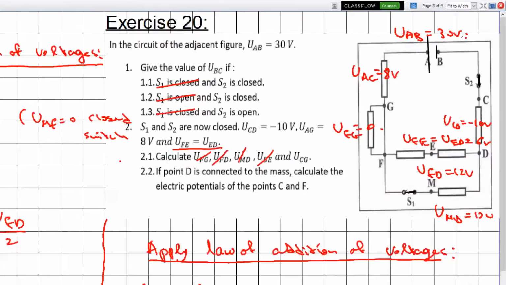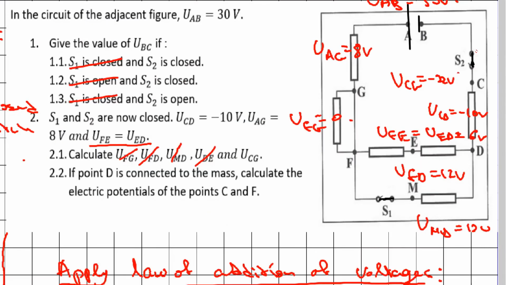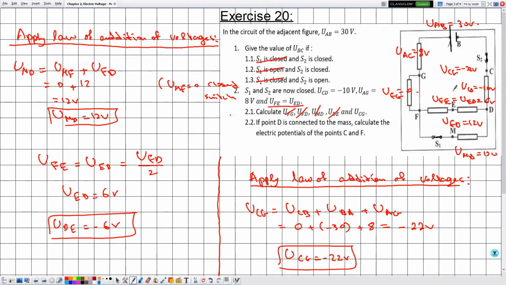If UAB is 30, then UBA is minus 30, and UAG is given by 8, so this is minus 22 volts. Then UCG is equal to minus 22 volts. And notice that across C and G we don't have any electric component. Okay,